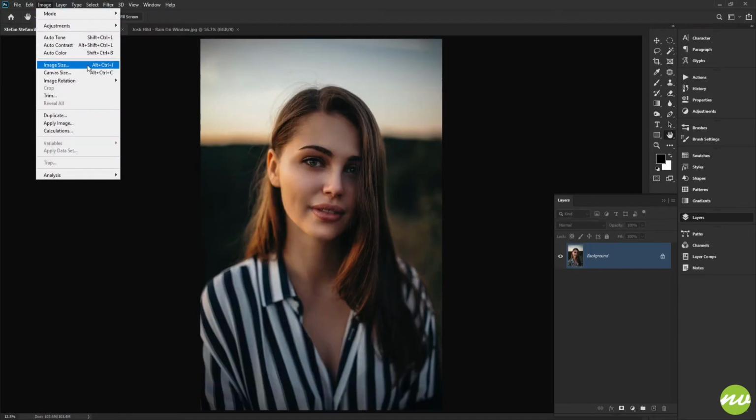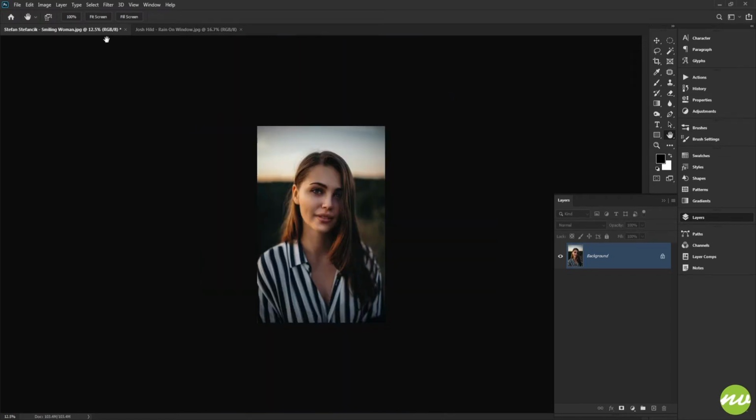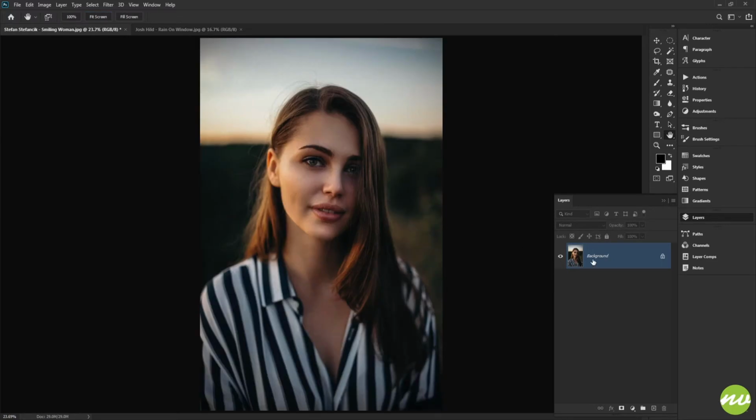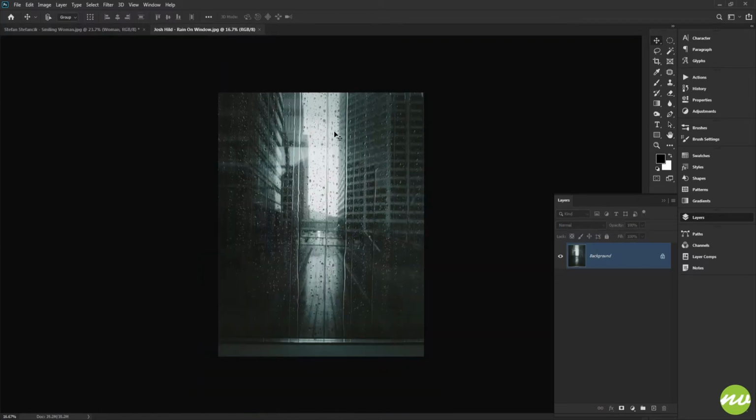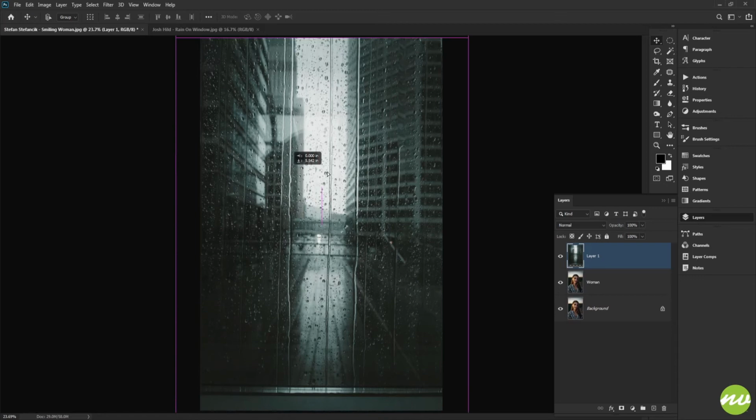I'm going to say about 2600, something like that. Zoom back in here. I'm going to duplicate this layer and name it woman. Tap the V key on our keyboard, come to this layer, this photo, drag it to this tab and release. And there we go. It's a pretty good size. We may have to resize it up a little bit. We'll name this